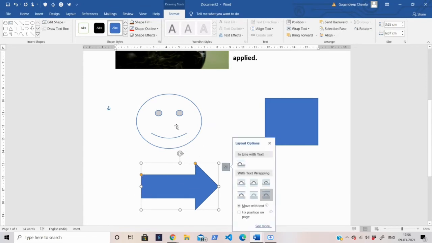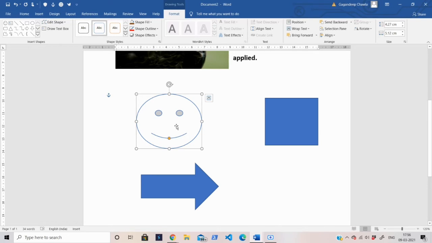Okay, so these yellow handles are available only in few shapes, and these yellow handles are used to modify the shape. Okay, right now the smiley is happy. If you want it to be sad, so what you are supposed to do, using the left mouse button, you can just drag it upside and now it has become sad.